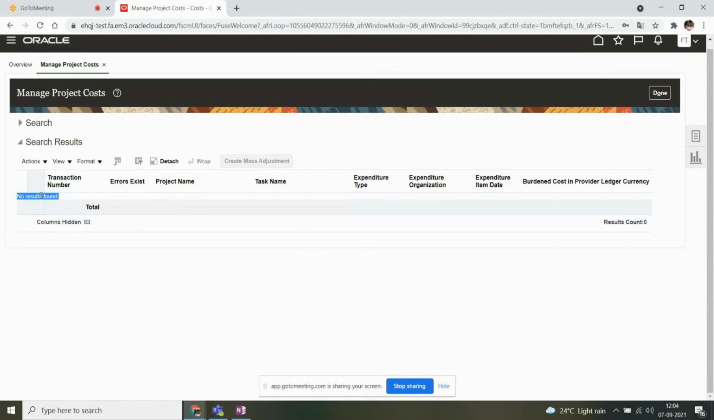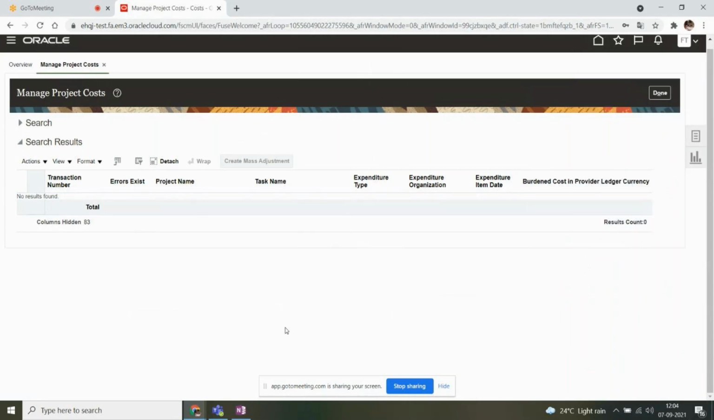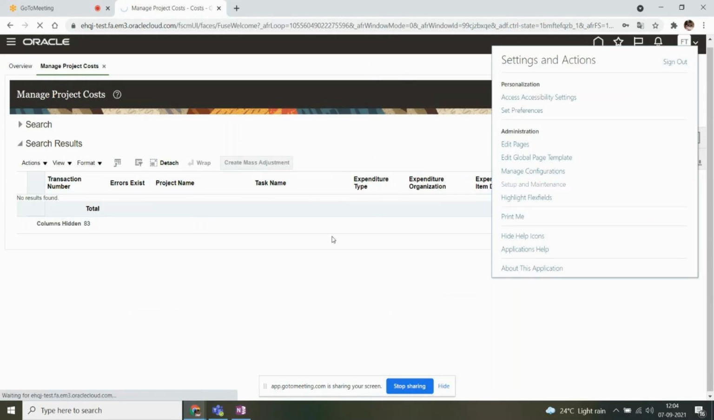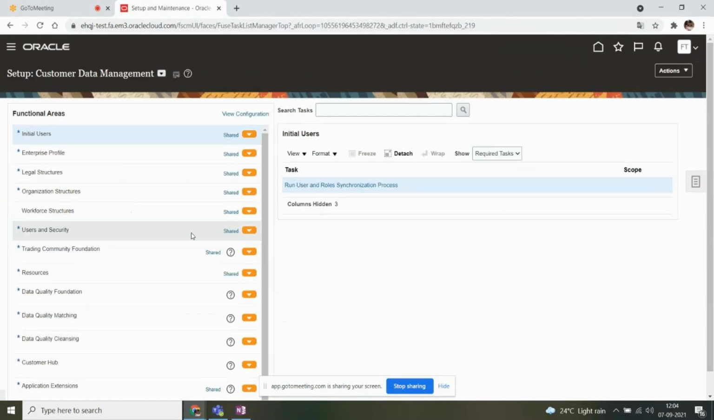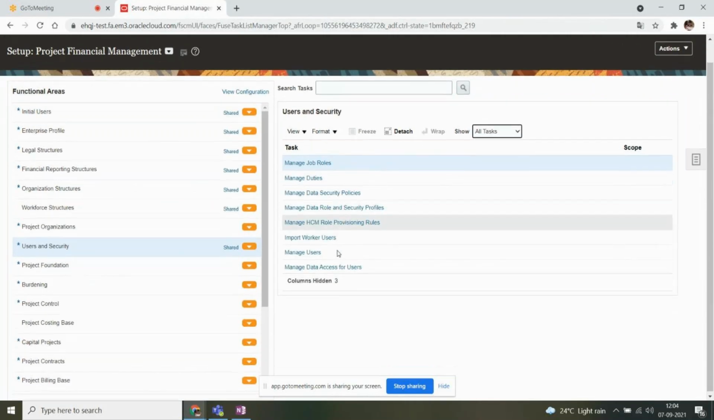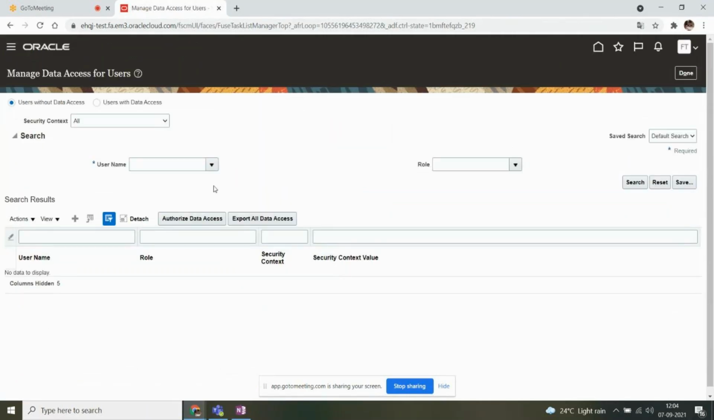That means with the role, I am able to access the cost work area, and I am able to see all these tasks here. But am I able to see data here? No data, right? So if you want to have access to the data, then of course you should have a data access set assigned to your role. So if you go to Project Financial Management and then Users and Security, under Manage Data Access for Users, now we'll try to assign a data access set